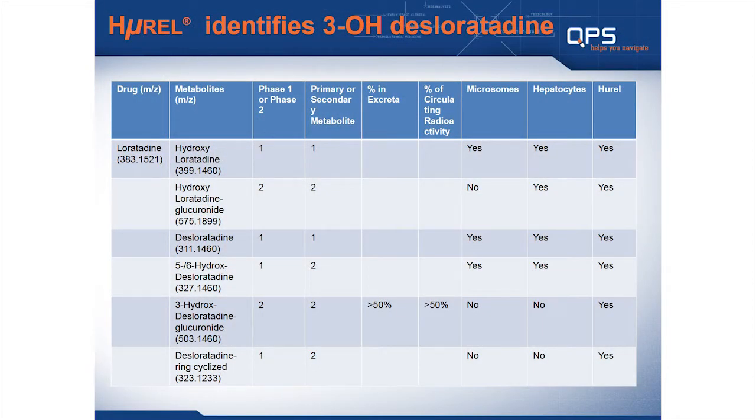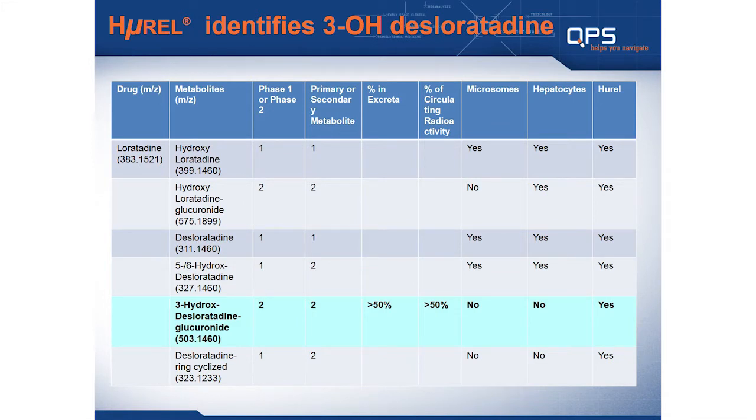Now I'm going to show you the loratadine metabolite generation data that was produced on the Hurel model. This work was performed by QPS, the Raleigh-based CRO, using co-culture plates provided to them by Hurel. So here's the data table. And as you can see in the left-hand column, the parent, loratadine. Next to it are the 6 metabolites that are observed in humans. And down at the second from the bottom, you can see the one we could never get,